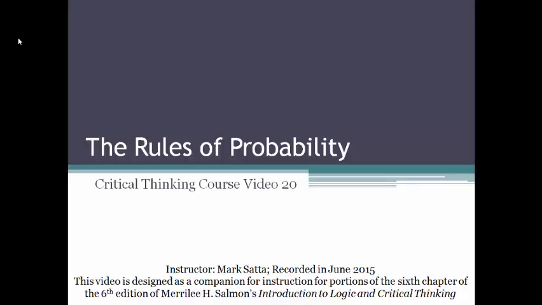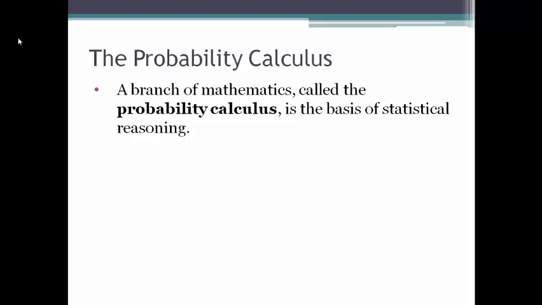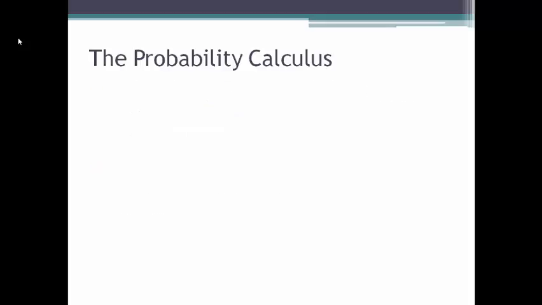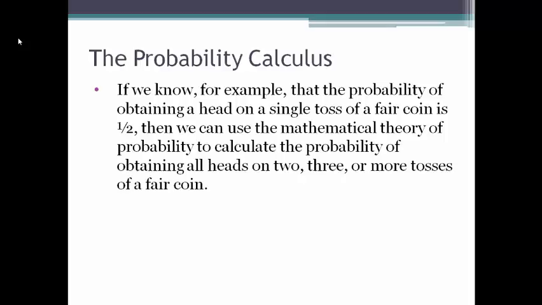In this video, we're going to go over some of the basic rules of probability. A branch of mathematics called the probability calculus is the basics of statistical reasoning. It provides rules for calculating unknown probabilities when some probabilities are known. If we know, for example, that the probability of obtaining a head on a single toss of a fair coin